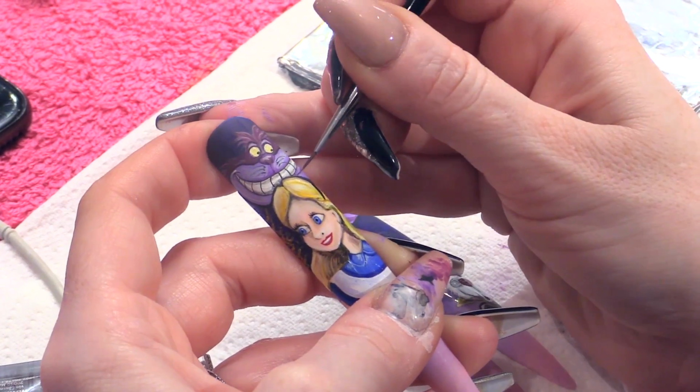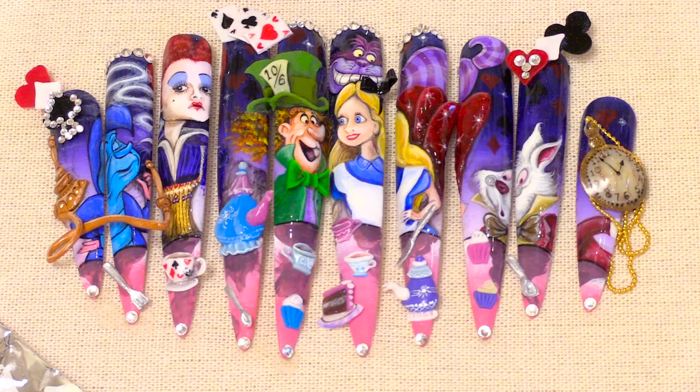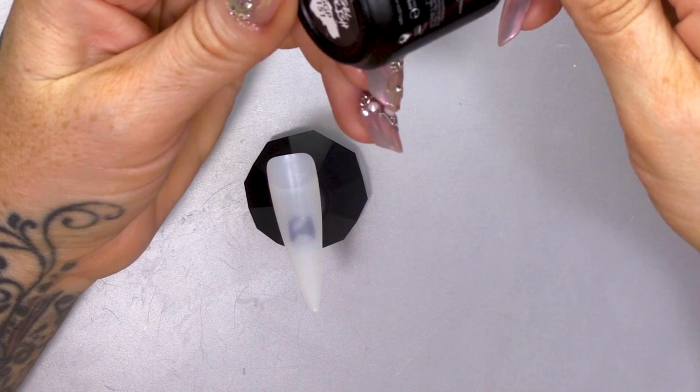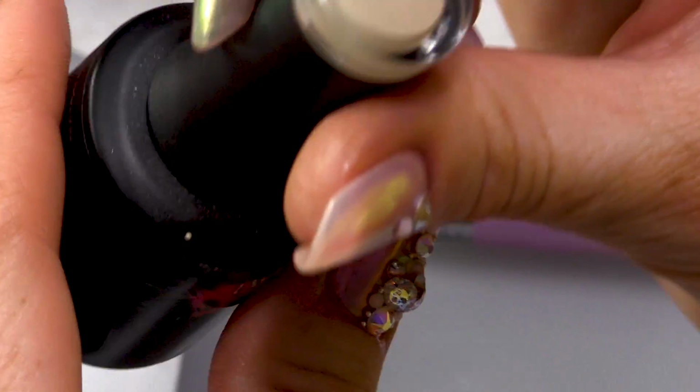So, let's do some leopard print. So I'm going to base this with this colour, which is 151. It will have a name. I'm not sure what it is. And it's like